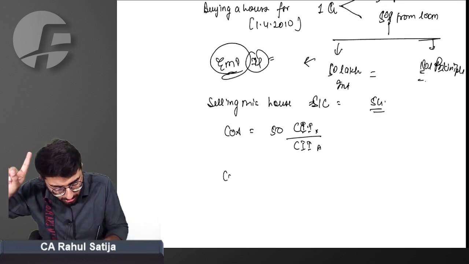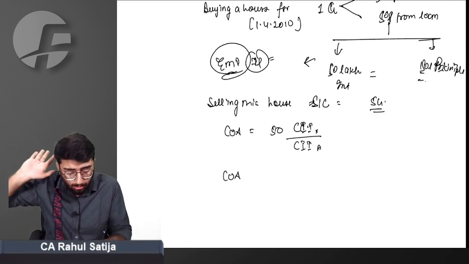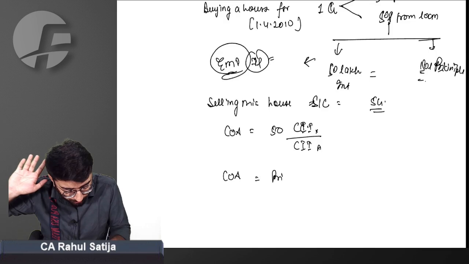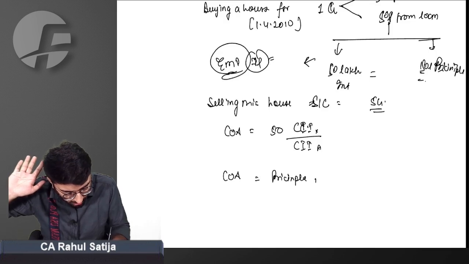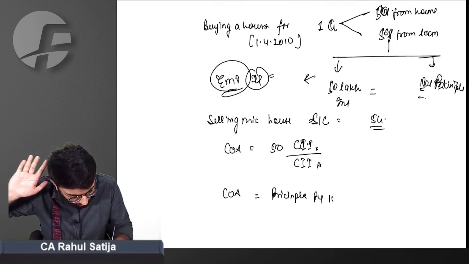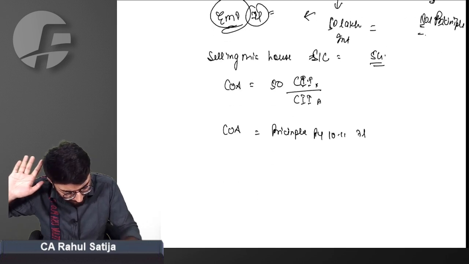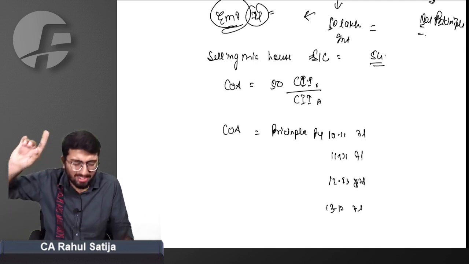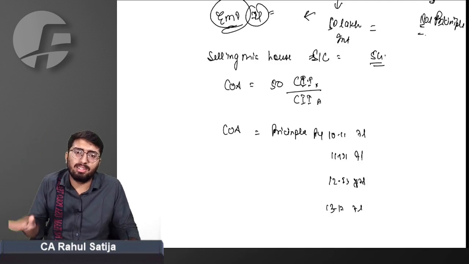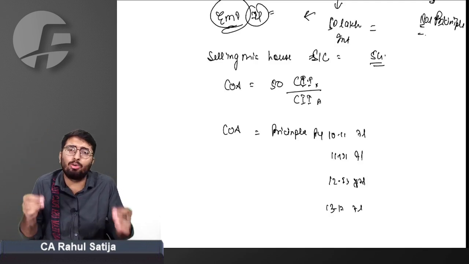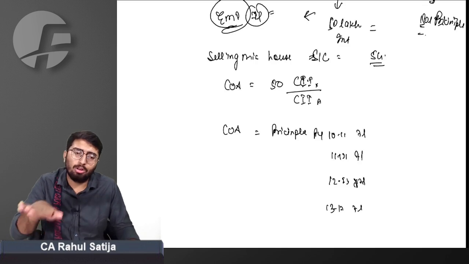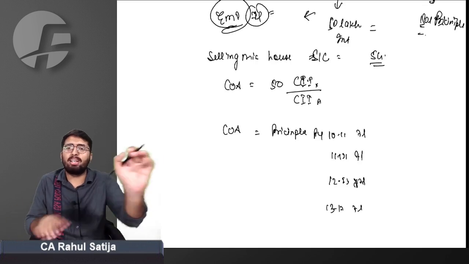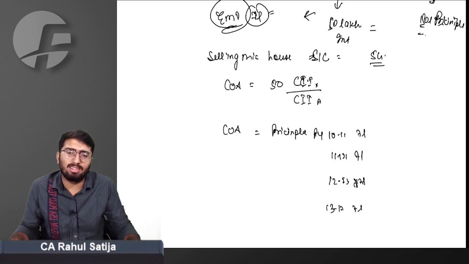Sir, you will also be reducing the amount paid for the loan. Sir, you will be reducing the amount paid for principal. Previous year 10-11 7 lakh, 11-12 7 lakh, 12-13 7 lakh, 13-14 7 lakh. You will be indexing such principal amount and interest amount. You will be indexing such loan amount also, because that loan is also part of cost. So you will be indexing that cost of acquisition or improvement, as the case may be.